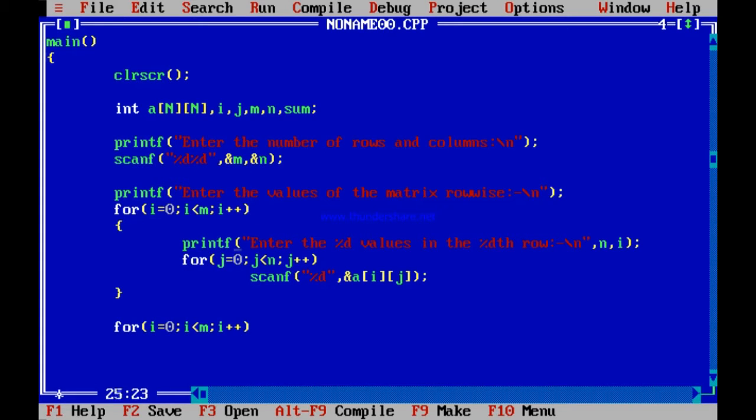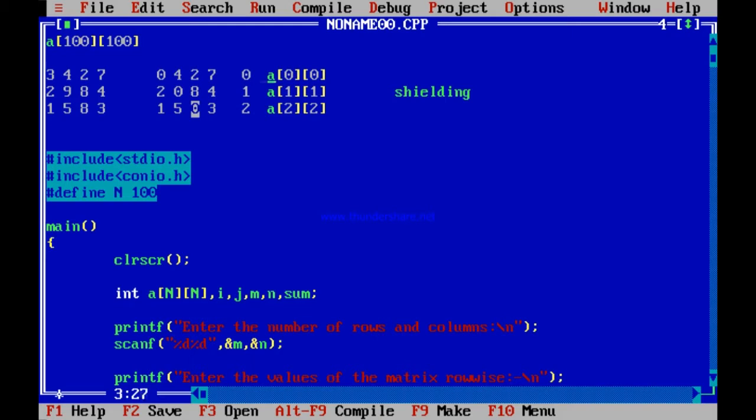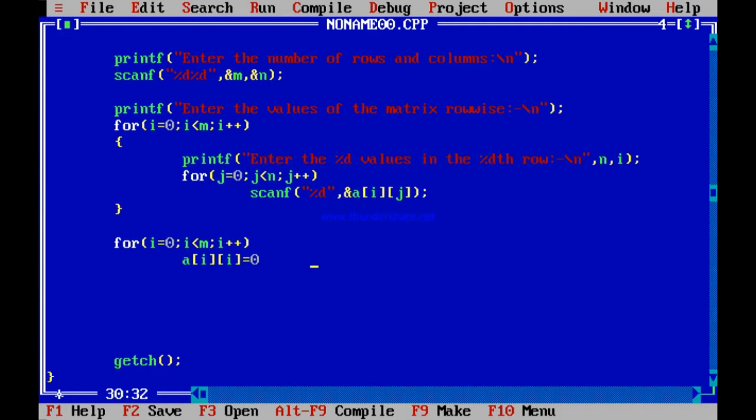So I am going through all rows one by one, and in every row I don't need to go through each and every column. I only need access to one value. Which value? aii. In the row I need to convert aii to 0. If you remember, in row 0 you needed to convert a00 to 0. In row 1 you needed to convert a11 to 0. In row 2 you needed to convert a22 to 0. Similarly, in row i you need to convert aii to 0. You don't need to access each and every element.